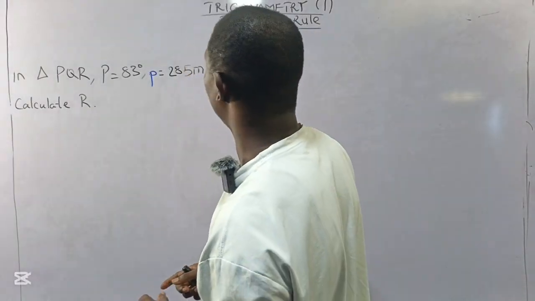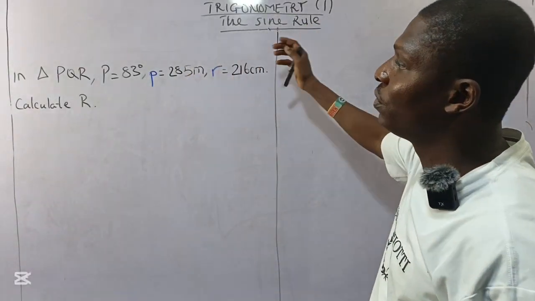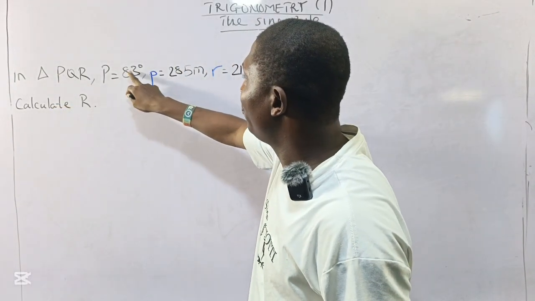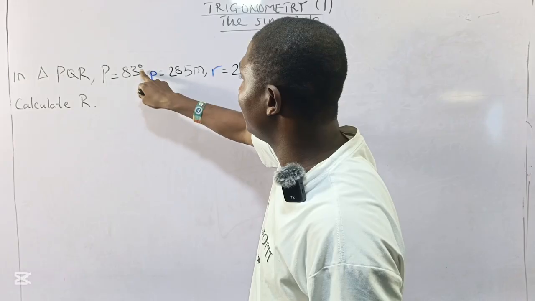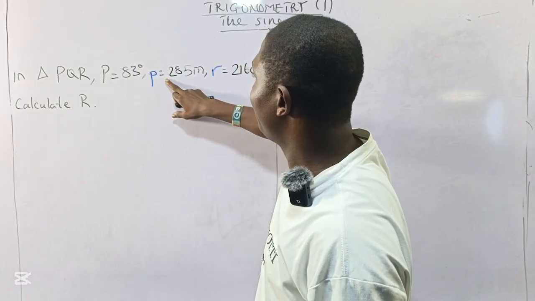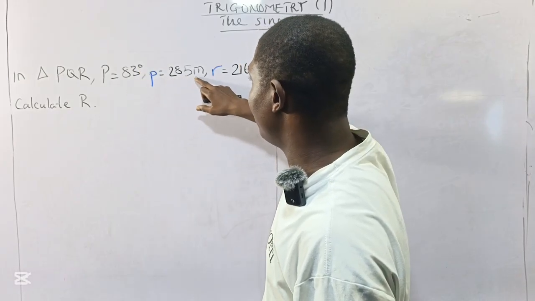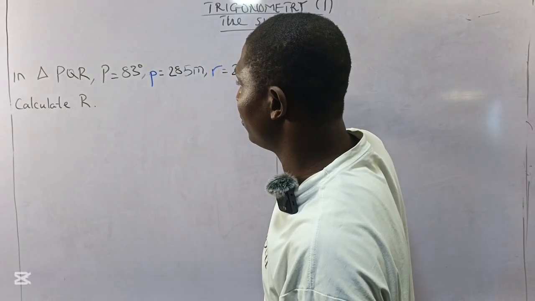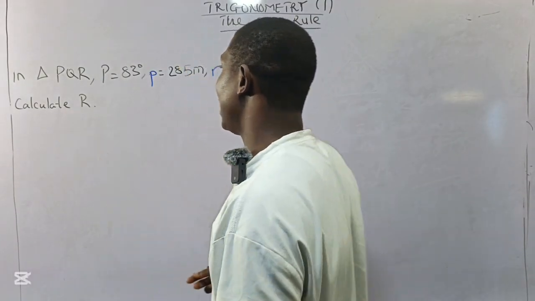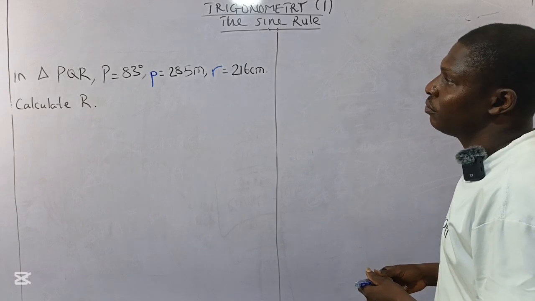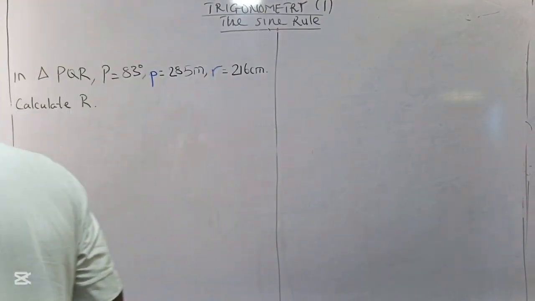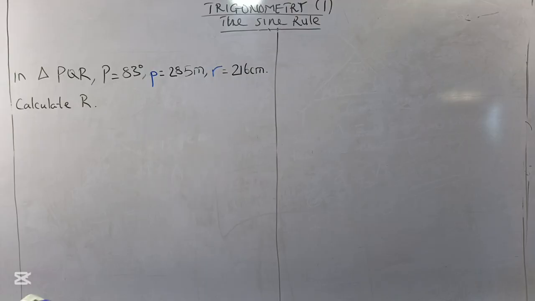So again, we have another question on the board, still on sine rule. In triangle PQR, angle P is 83 degrees, side p is 285 meters, and side r is 216 meters. So we should calculate what? Angle R. But before we start, if this is 83 degrees, we should know that